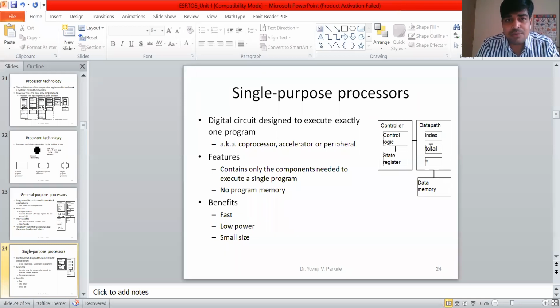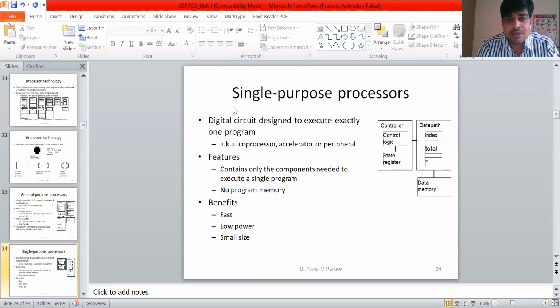So if you observe carefully, in the single purpose processor the hardware is reduced, and everything is so specific that it is required only for that particular task. I'm not going to add any other functionality here. Whatever is required, you choose only those blocks, and that will build your single purpose processor.